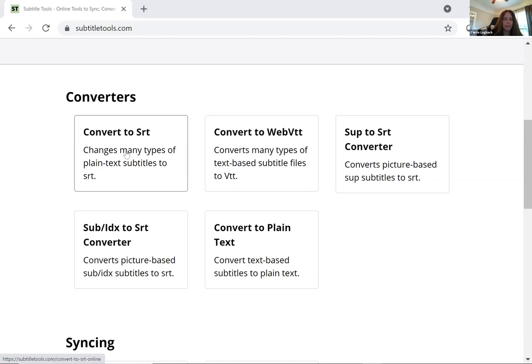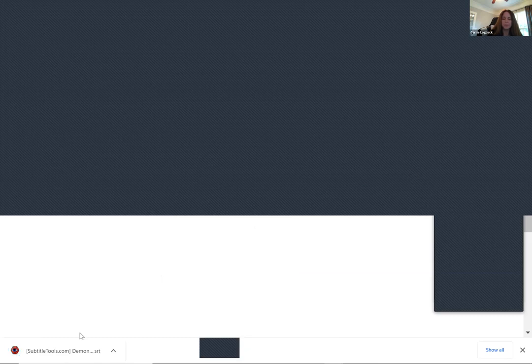So, I don't know if I have a text file here. I'll just click this. You can choose your file. It'll take you to your file manager. I'm not sure, this might be a text file. So I can click that and ask it to convert it to an SRT. It converts it and then you can download it here to your computer. So that's just a good file converter if you have something in a format and you need a different format for a different platform. So I'm going to stop sharing